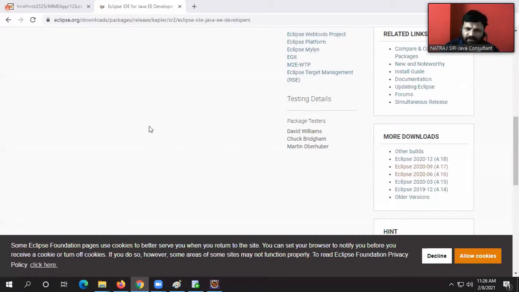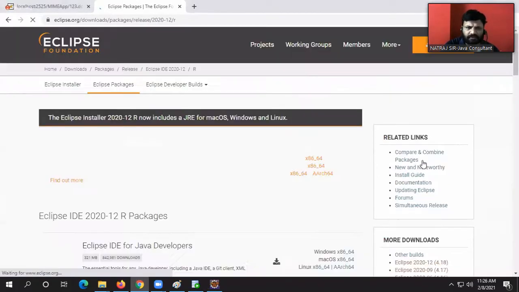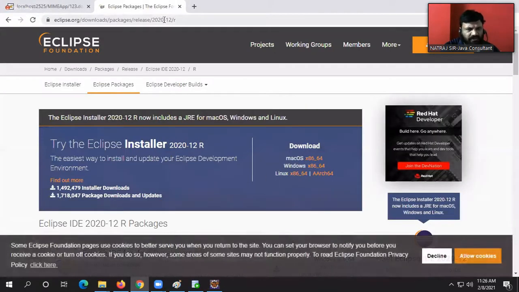We have a lot of flavors, guys. Anything you can take. If you want, you can take the latest one. 4.18 is the version. You take the latest version. I think I have one or two versions before. Not an issue.